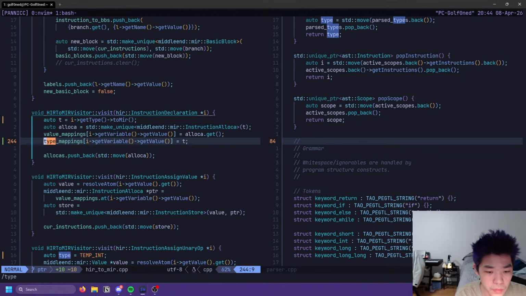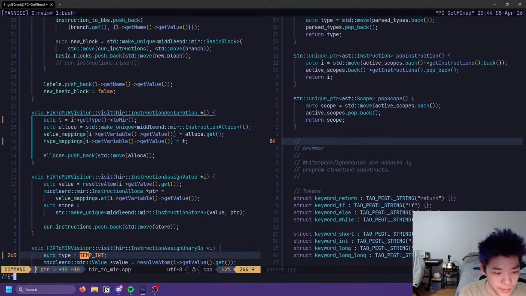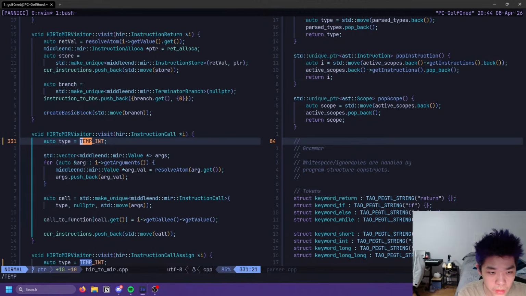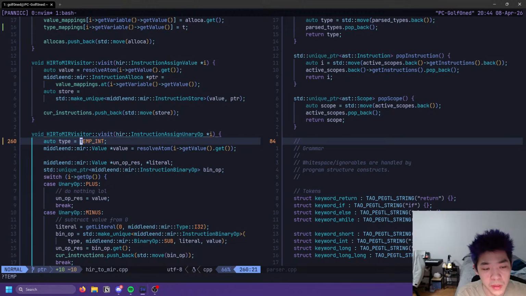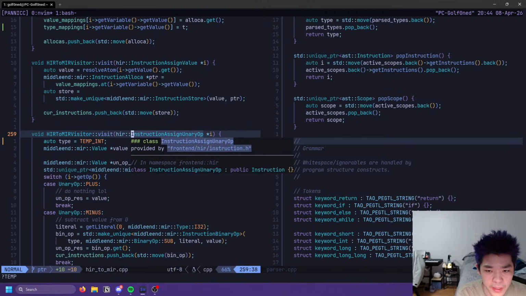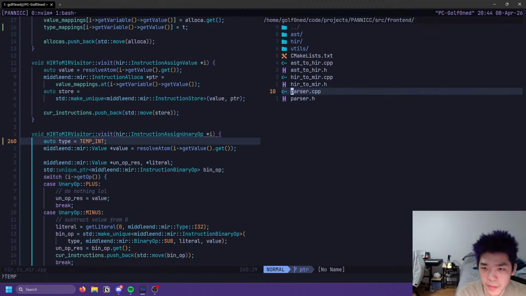So how many of these are there? Or type, or temp. Yeah, so there's 4 more of these. Okay, so we have an output variable, right? In uniriop.